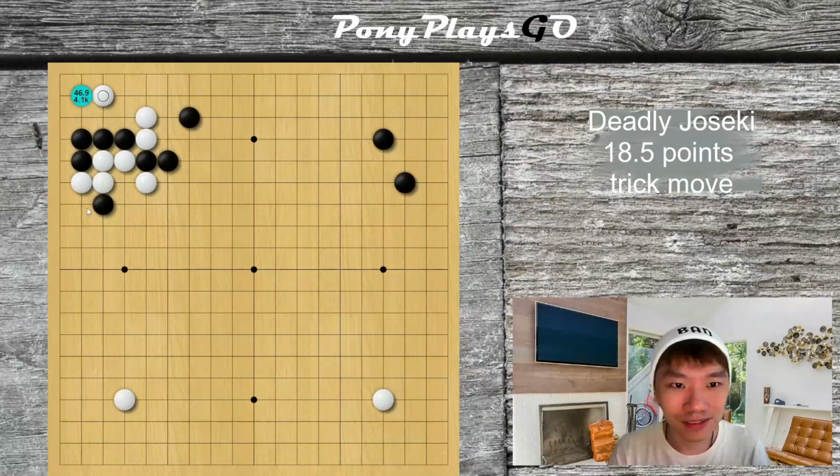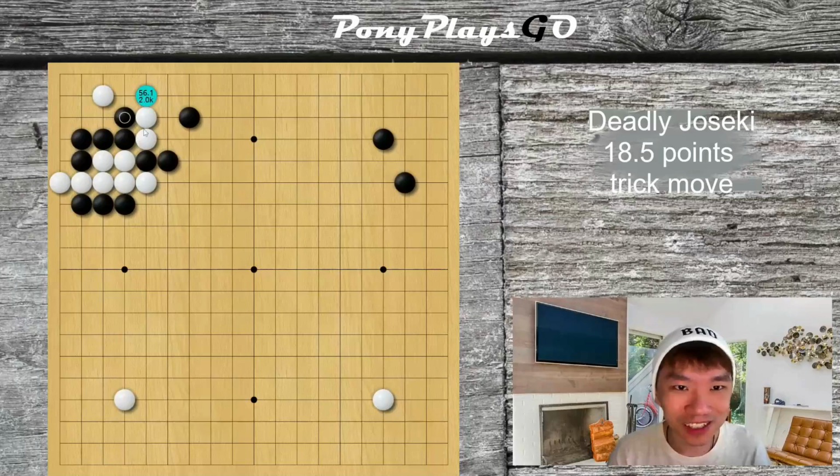If he Ataris, you extend and he plays this move. Alright, up till here. So if you play a probing move over here, he will be playing this. If you play this, he has to play this. Then you cut his stone over here right now. Okay, the engine doesn't dare to block this, you can see it. If he blocks, then black's win rate is going to shoot up all the way to 80%, or rather 90%